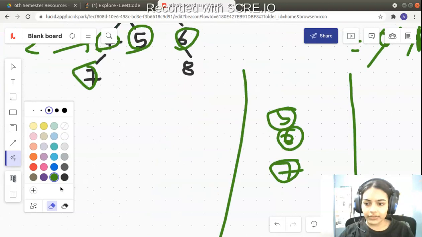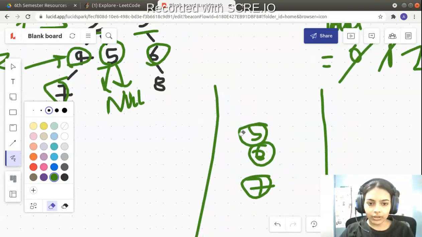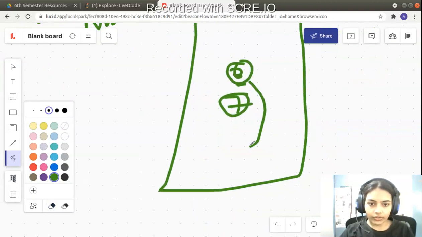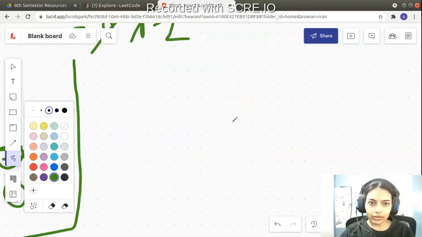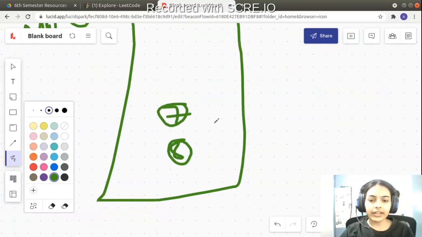Next we check 5. 5 is having both children which are actually null. 5 is not having any children with values, so we can just pop it out without inserting anything in the queue, and then we can go to the next node. The next node is 6. 6 is having child 8, so we insert the node 8 below it, and we can pop out 6. And we can increment our count. So our count has become equal to 3. That means we are at the third level from the beginning.